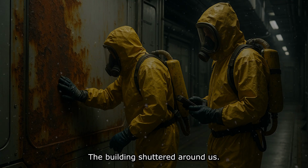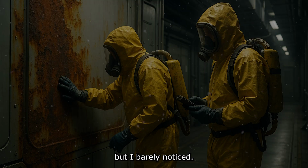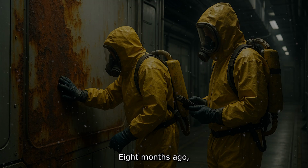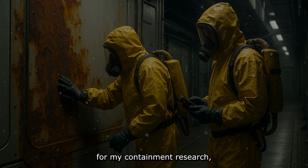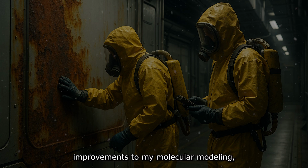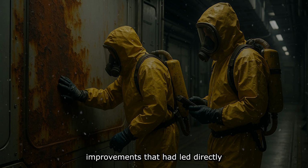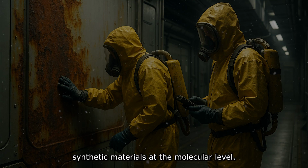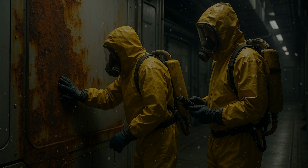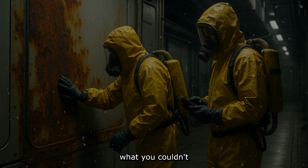The building shuddered around us, another section of synthetic infrastructure failing. But I barely noticed. 8 months ago, Ezra had started sending me collaborative suggestions for my containment research. Improvements to my molecular modeling. More efficient synthesis pathways. Improvements that had led directly to creating an agent capable of destroying synthetic materials at the molecular level. You've been feeding me the components, I said, using my lab to develop what you couldn't create in